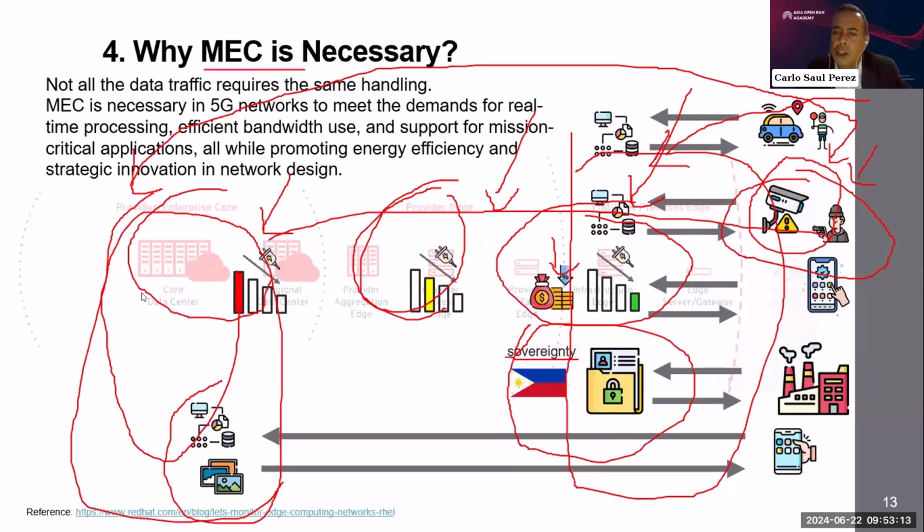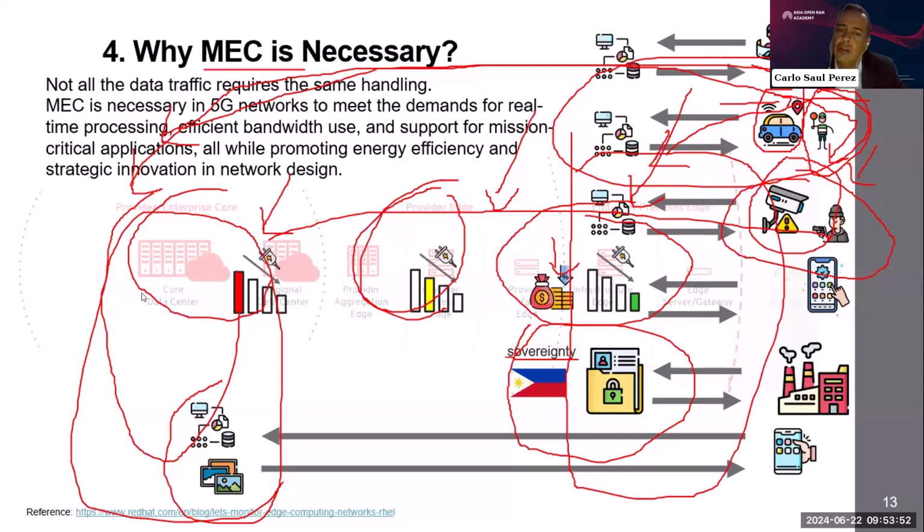And also for the autonomous vehicles mentioned by Mr. Raymond, you have for sure different sensors related to the car. But if, for example, a kid is playing around or close, and the car is moving, you need to stop the car as fast as possible. You cannot wait for the decision to be taken back in the core, with whatever milliseconds over there. You have to take the decision as fast as possible. So this kind of application, called V2X communication, also makes it necessary.